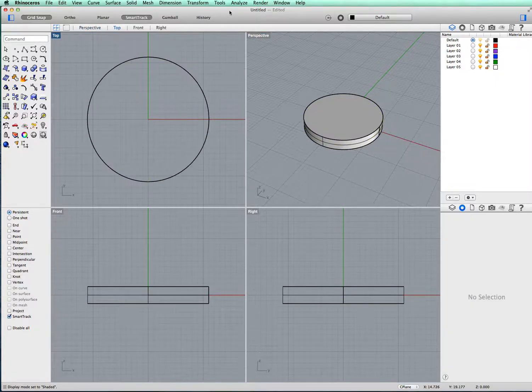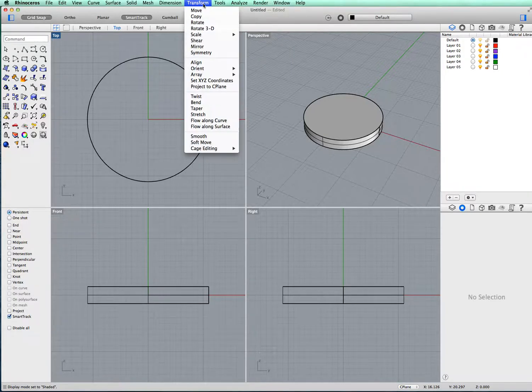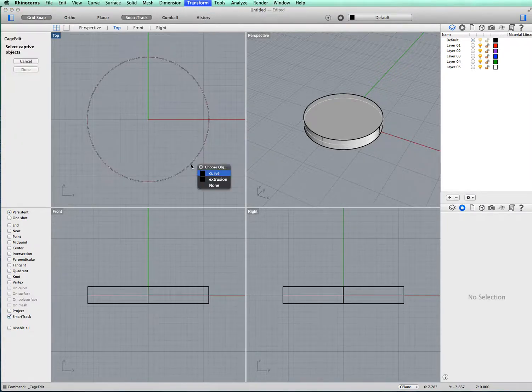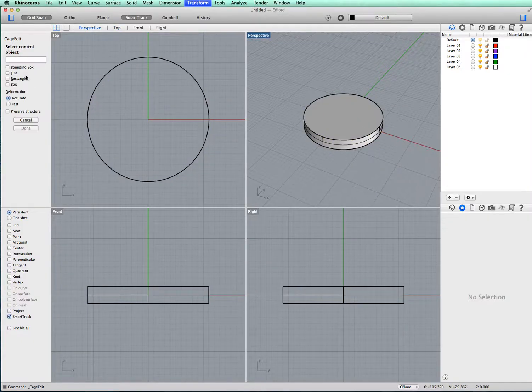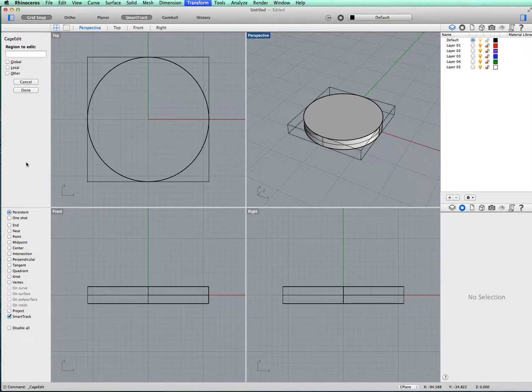Now from that I'd like to apply the cage edit. For that, if you go along to transform, cage editing, cage edit. Okay, select captive objects, select that one, done. We'll do a bounding box, done, done. Okay, now here we have